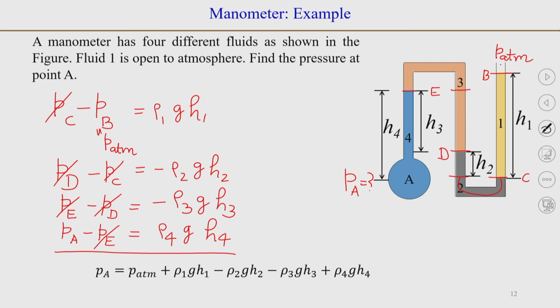So, it becomes straightforward if we remember the two principles. The first one is that the pressure at 2 points having the same elevation in a continuous region of fluid will be the same. The second is that the pressure increases along the depth in the same fluid. So, that is all for this lecture.